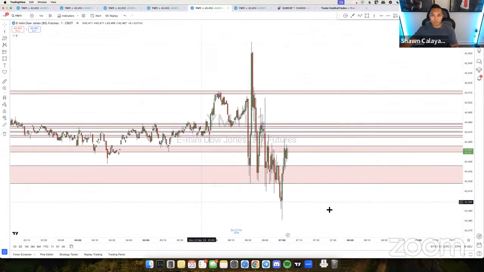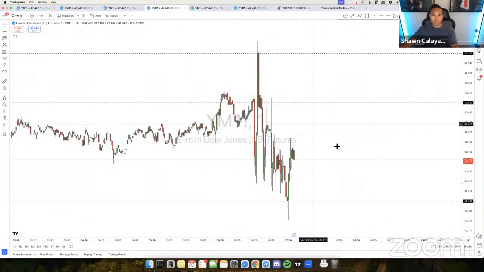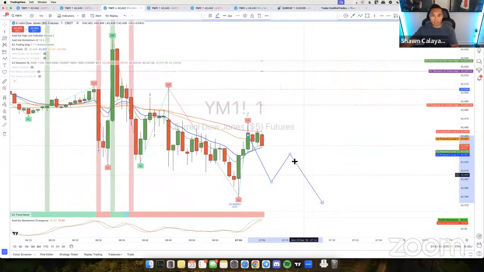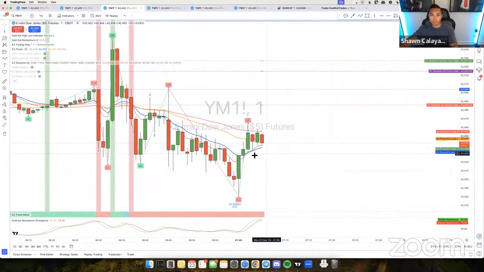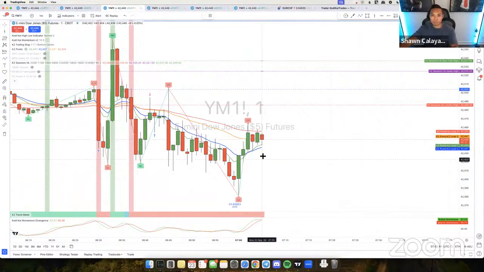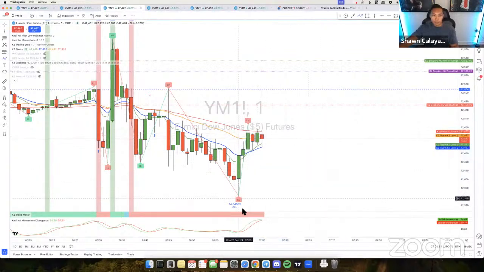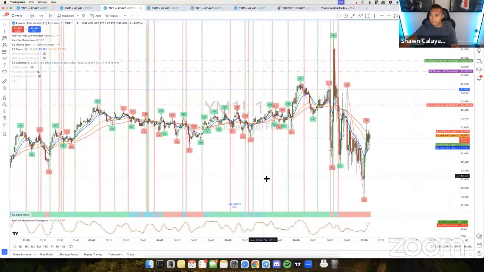Price is also respecting the zones over here, so I'll leave this up right here. This is a zone chart. This is a clean chart, and here's our main chart right here. So until price comes below this point, below the pivots, there's not going to be any entries here for market flow. We need price to come below, retrace up, and then come back down sharply. Once we have that, we'll be good to go.